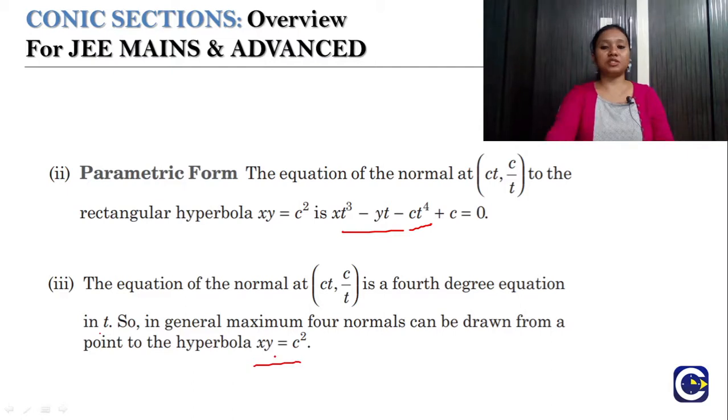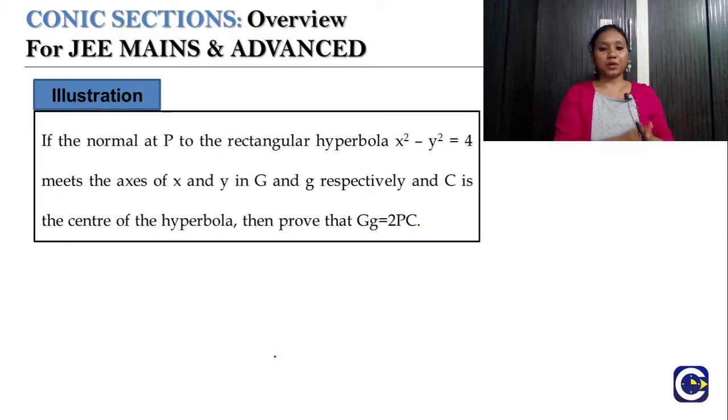So as we have discussed our hyperbola, conjugate hyperbola and the things related to that, and after that we jumped into our diameter, conjugate diameter, asymptotes, and then we ended up with our rectangular hyperbola. So let's have a final question regarding our rectangular hyperbola. So let's see how we can solve this.